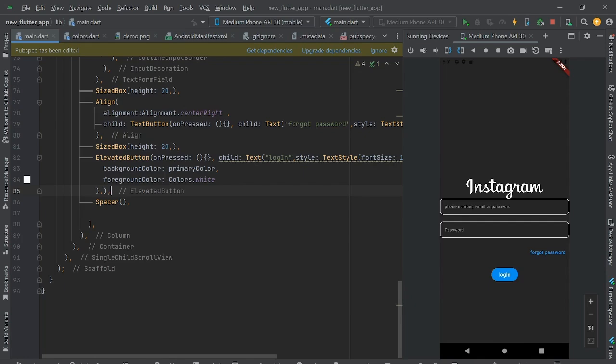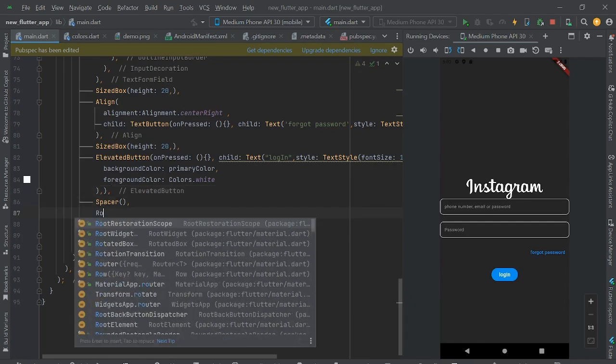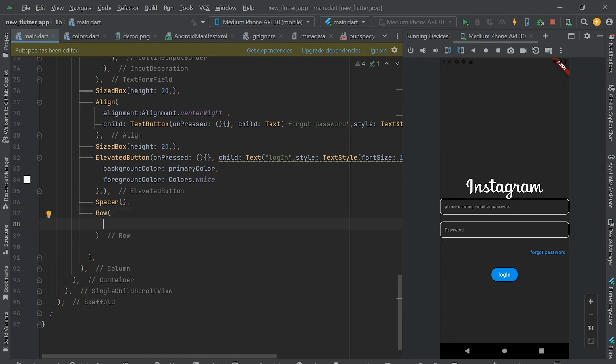Now I will add a text button. I will use row here, and inside it,